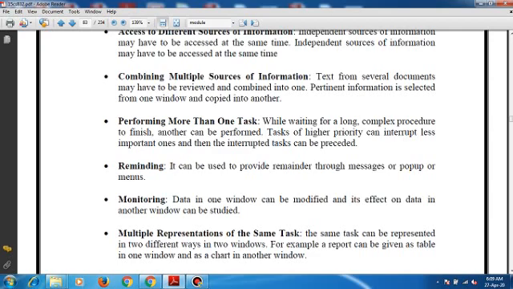The same task can be represented in different ways in different windows. For example, we have a report that can be represented as a table in one window or a chart in another window. For example, a speech can be represented as text also. The same information can be represented in the form of text.